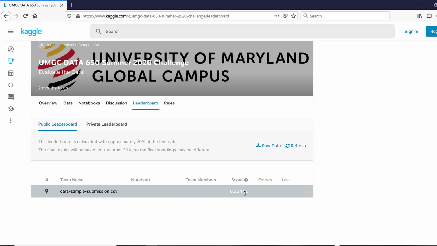So this is just a simple submission file. Your submission file will show up here on this list along with the scores, and the folks that do better would of course be shown on the top here. Once again, this leaderboard is calculated with approximately 70% of the test data within the file. Doesn't mean that you have to only provide 70%.